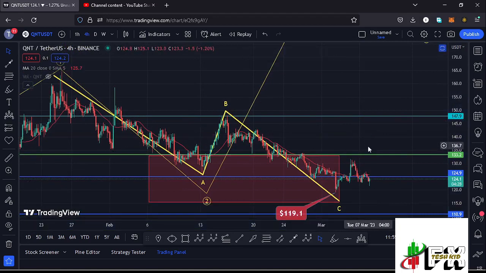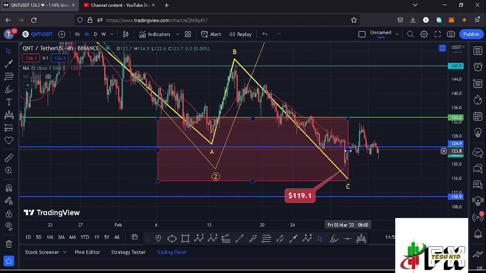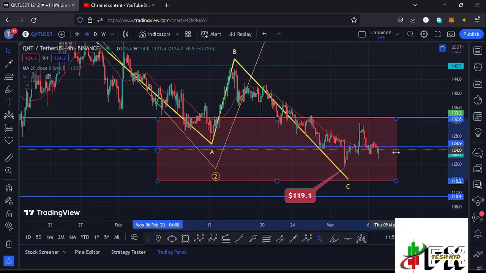and it is within this red target area down here that I was expecting to see the low for these higher Elliott wave Quant 2, and you can see that we have seen a breakdown into that red target area in a move that gave us a low at around the $119.1 mark, and there are chances that that might be the low for that higher Elliott wave Quant 2,